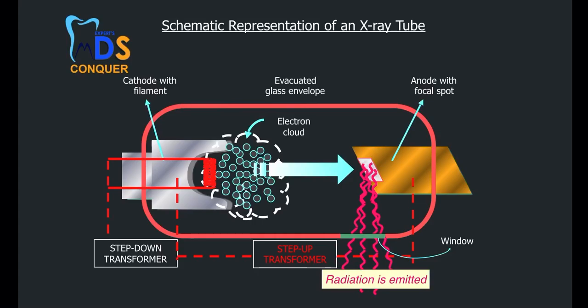So aluminium is a substance that is being used for added filtration. That you need to remember. That is number one concept. So filtration mainly filters the low energy photons which are actually not needed to produce the image, right? That is mainly by the aluminium which is given as added filtration, and inherently the insulating oil acts as a filter, or gives its filtration effect. So this is related to filtration.